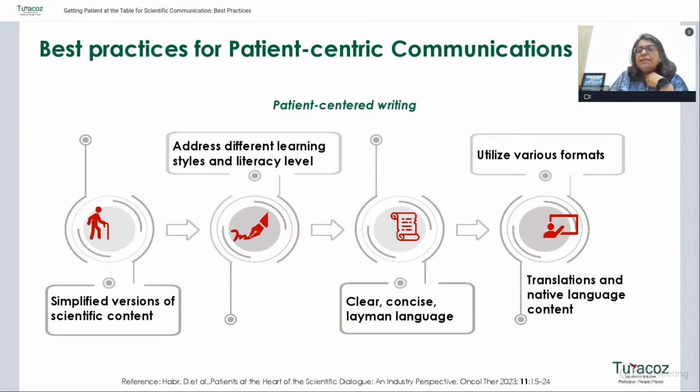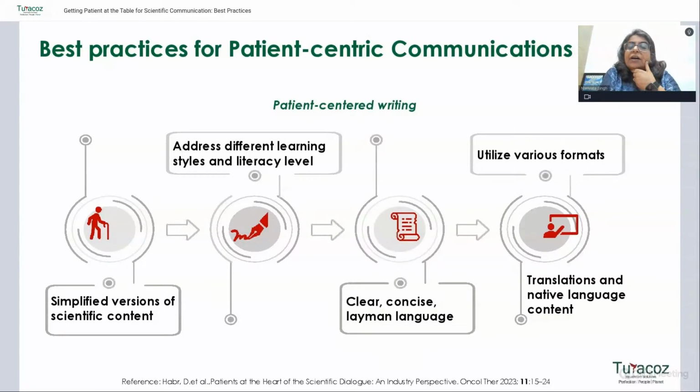Now, some of the best practices. The topic of our webinar today was how do we convey the science to patients, and what are the best practices around it. These are certain practices which we follow. Obviously the science has to be broken down into simpler terms which a patient can understand. There are dictionaries out there which give these terms, in case we are writing and we don't know them. It's a separate skill which a medical writer or scientific writer develops: how to write for patients and how to write for lay persons.